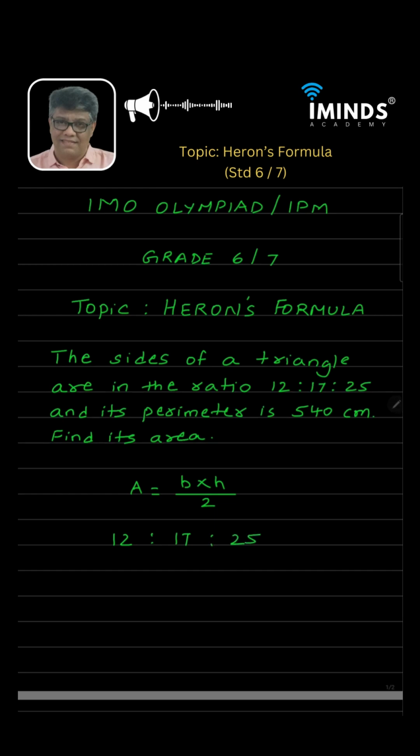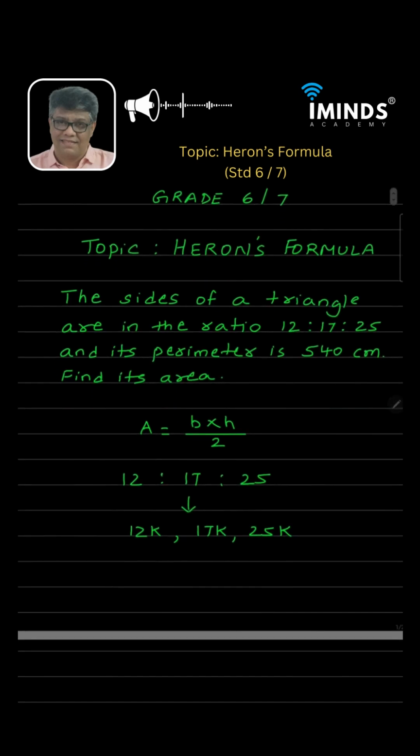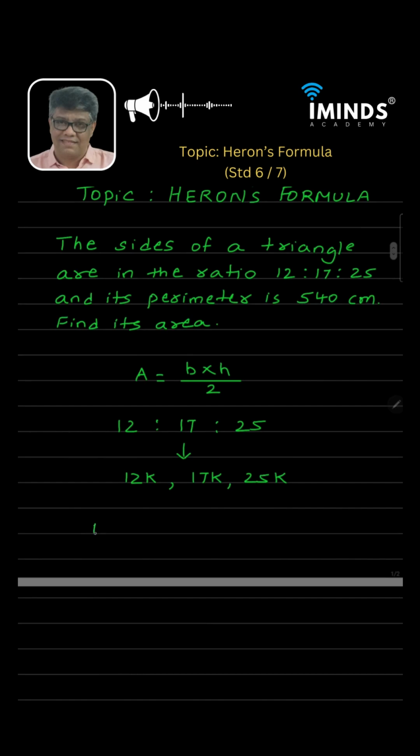If I have to convert this ratio into actual values, I will multiply all the three elements by a common variable. So let's say the common variable is k. So this becomes 12k, this becomes 17k, and the third side becomes 25k. Now these are the three sides in terms of variable. If I add all these three sides, it should be equal to 540 centimeter because this is the perimeter, right? So let's add all of them. 12k plus 17k plus 25k,